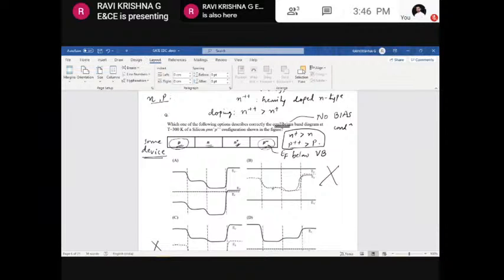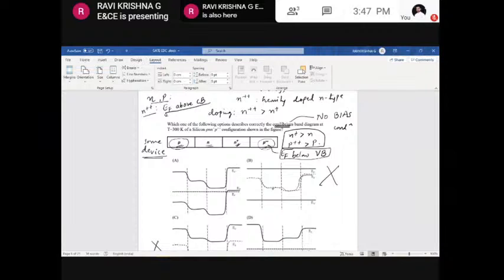But if we dope this intrinsic semiconductor heavily with p-type material, that is, with acceptor atoms, then the Fermi level will fall below the valence band. We should keep this in mind. Similarly, in the N case, if the intrinsic semiconductor is heavily doped with the donor atom, then EF will be above the conduction band. Okay, if you look at this diagram here, in option A, this is the Fermi